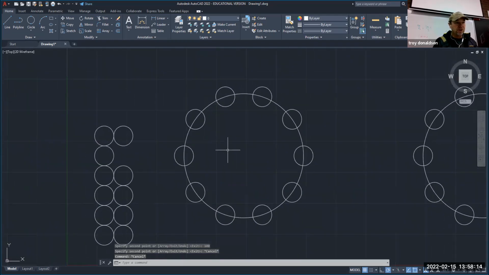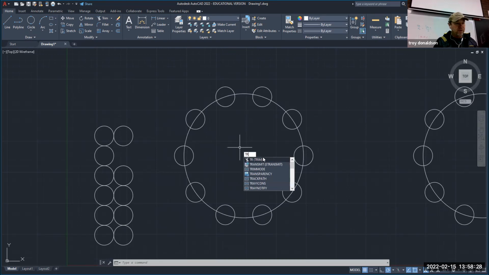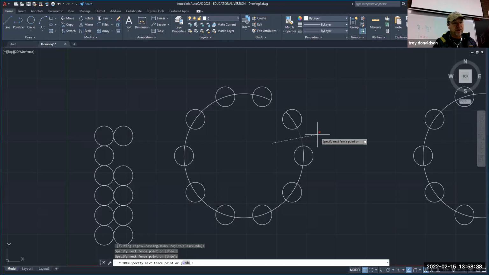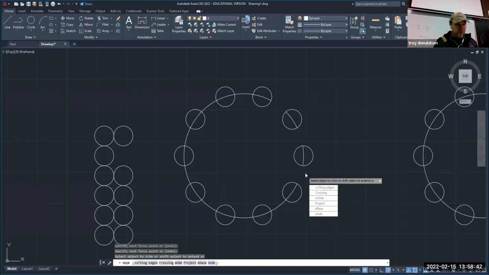And then the other thing I want to show you was just the fence again with trim, because that's very handy. If I wanted to get rid of all of these in between, that kind of move with trim is really easy. It says select object to trim, but if you don't, you can just draw lines between objects, right? But you can also,